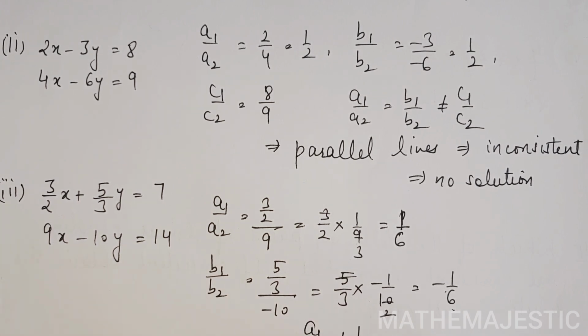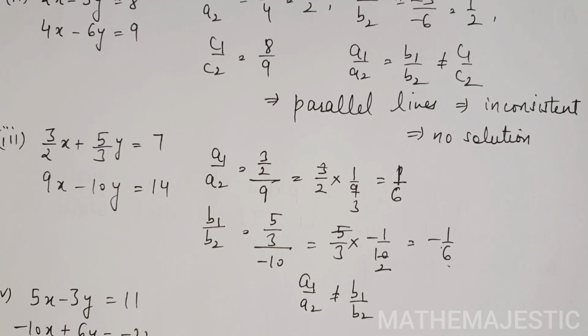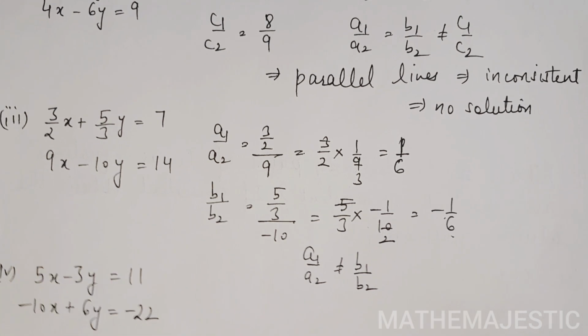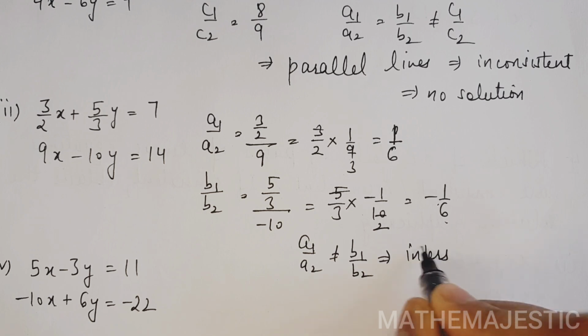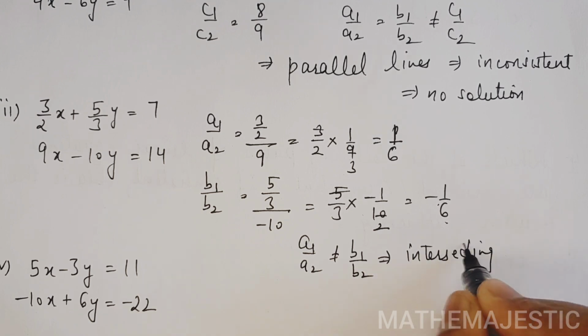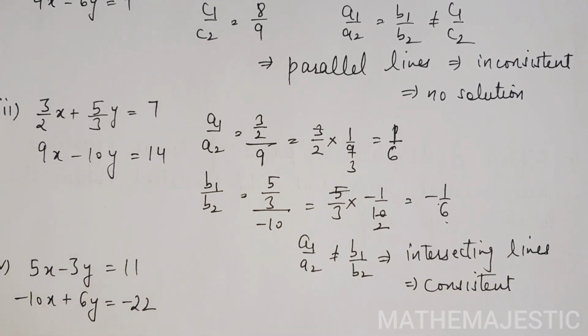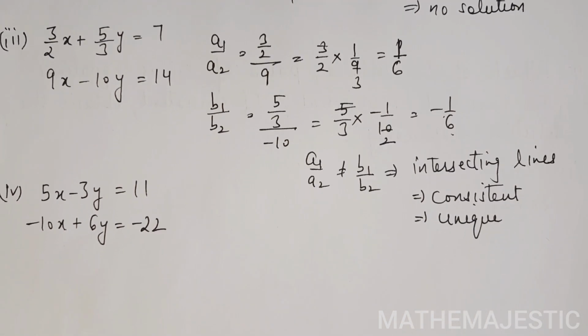If the first two are not equal, it means the system is a consistent system and will have a unique solution. Because the first two are not equal, that means they are intersecting lines. The graph of the linear equations will be intersecting lines and hence the system will be a consistent system and will have a unique solution. So similarly, moving towards the next fourth part, that is 5x minus 3y equals 11